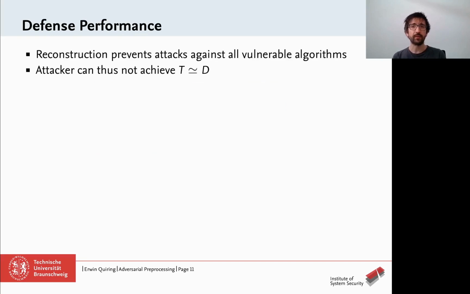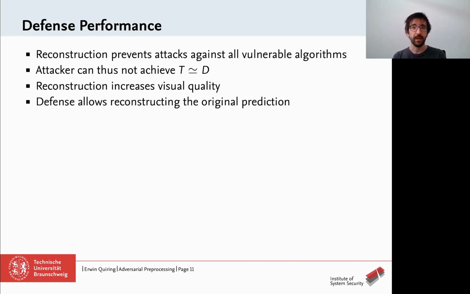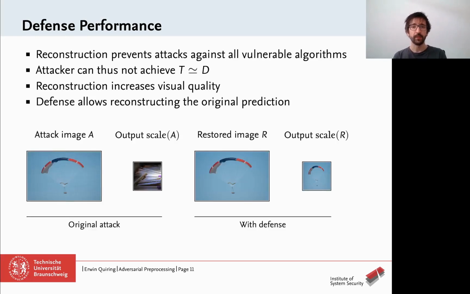Finally, let's briefly check our reconstruction defense. This defense prevents all attacks in our evaluation. And even better, the reconstruction increases the visual quality of the modified source images because we remove the adversarial pattern. And we can even get the original prediction before modification. To give you a short intuition what that means, here we can see that the first image depicts a modified source image that becomes the second image after downscaling. But if we apply our reconstruction method, the restored image looks cleaner, and after downscaling it shows what we would